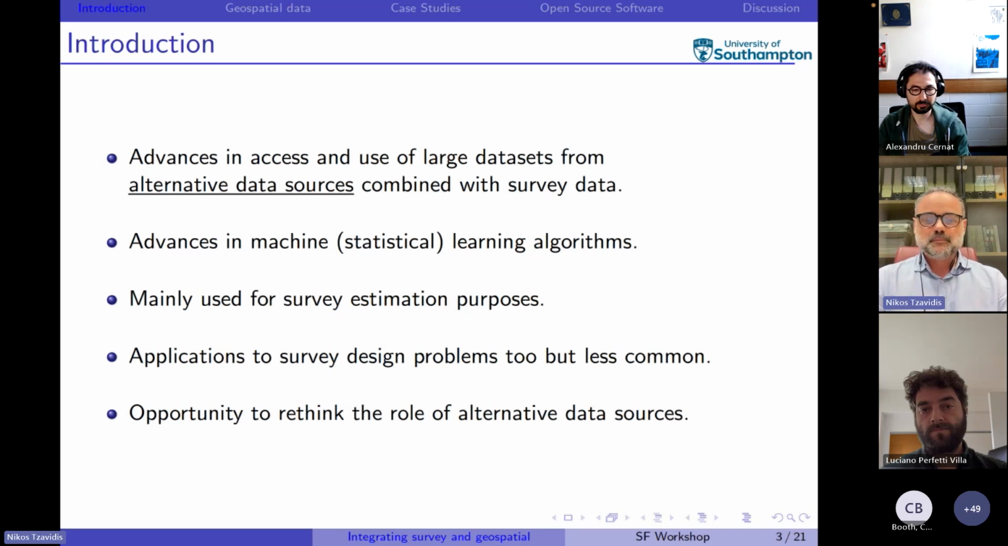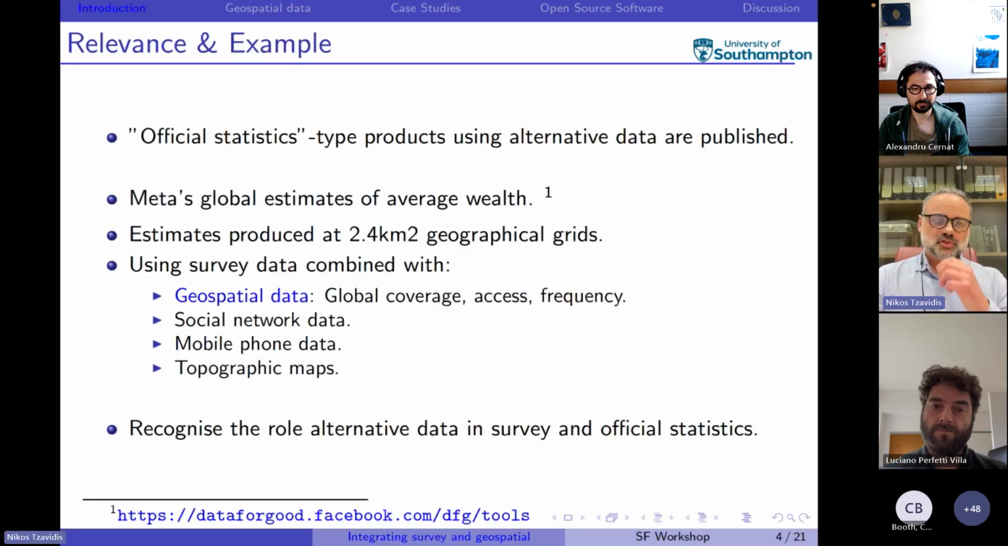And then the alternative data sources allow us now the opportunity to rethink how we can use them in survey estimation. So it's really important to revisit this topic of alternative data sources and see the potential applications that these have in survey estimation. Let's put some context into that and look at the relevance to the applications and also